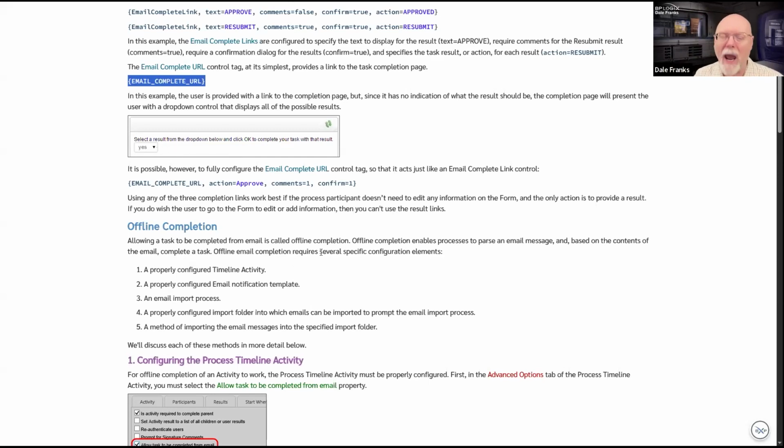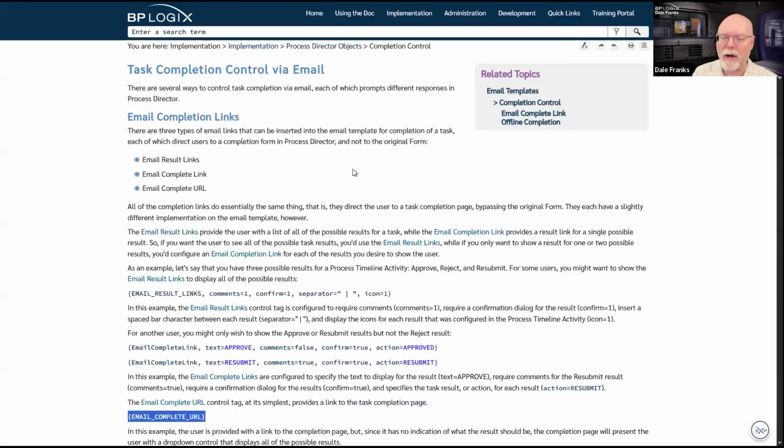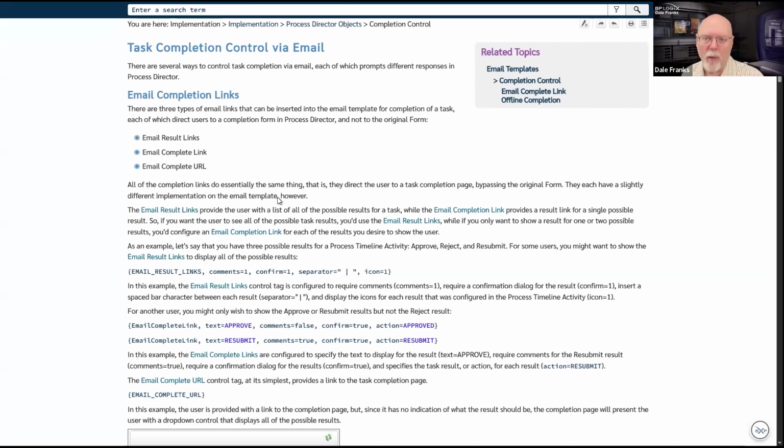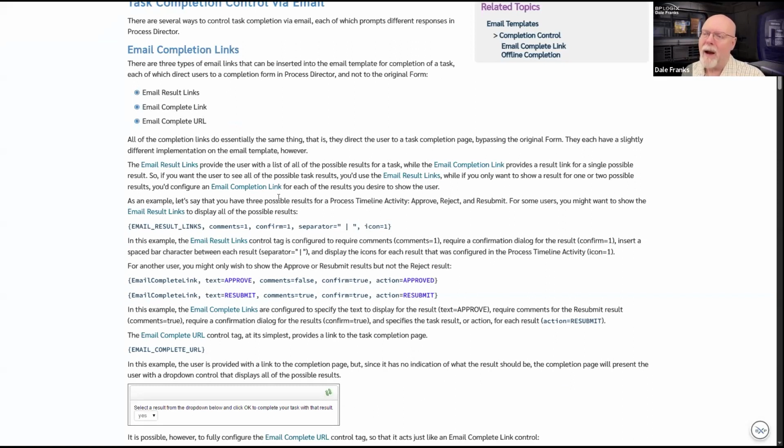So basically, no matter which of these three methods you choose, I'm doing everything I would normally do on the form itself. I'm just not doing it on the form. I understand there are use cases when this might be necessary or when you might want to do this. But as a general rule, as a best practice, although we're not going to be fanatics about it, what you actually want people to do is see the request. You want them to see the original form. You want to see it in the original context.